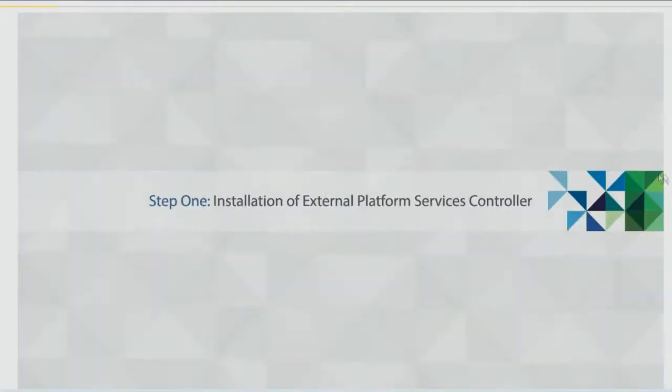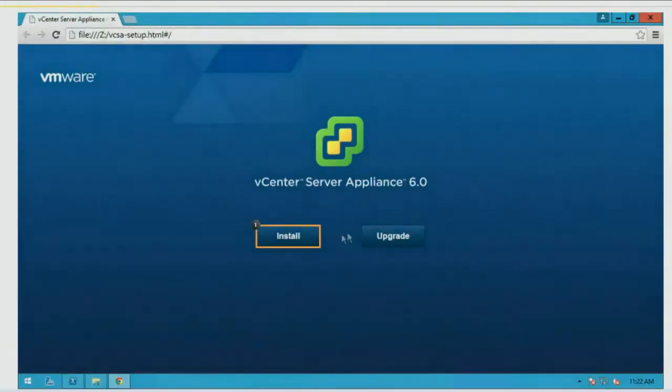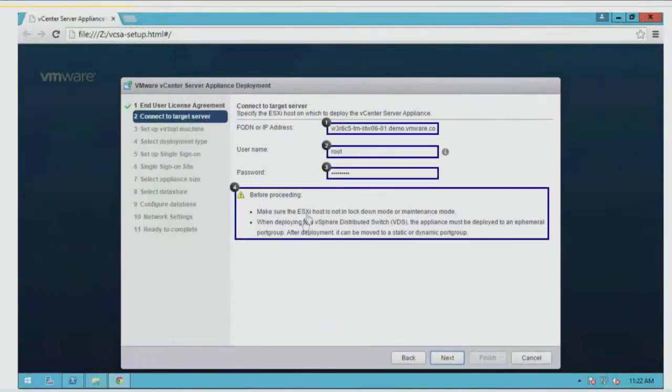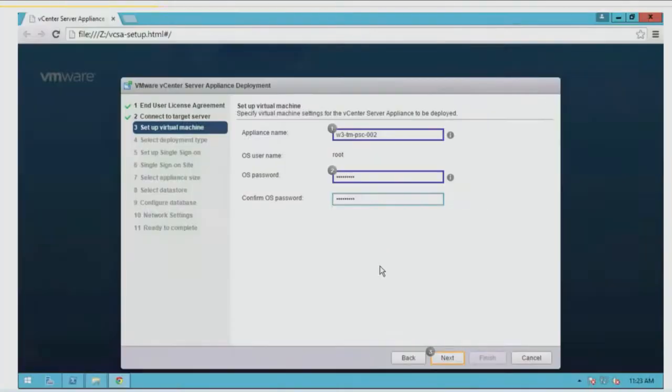files. So what we're going to do here is install an external platform services controller first. When you install vCenter, the platform services controller needs to be installed first. If it's embedded, both of them are part of the same process. If it's external, the platform services controller comes first. And this shows you very quickly